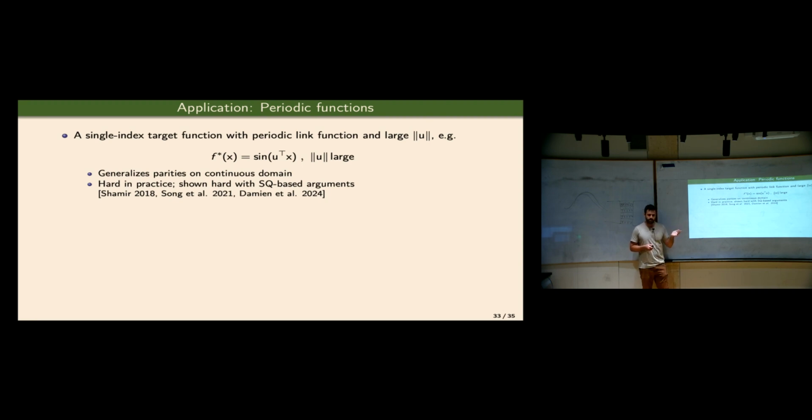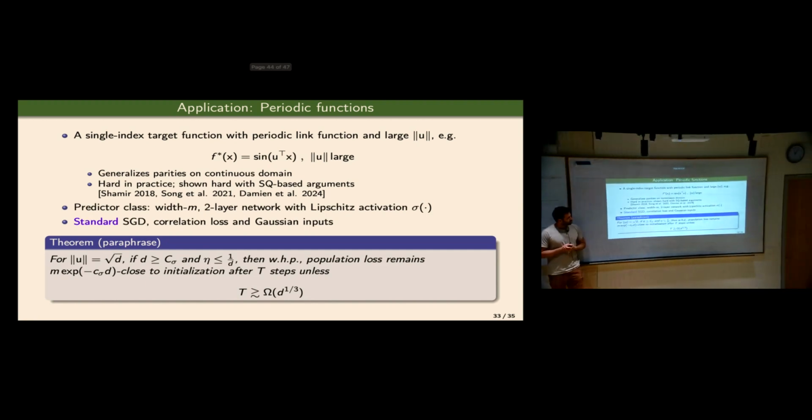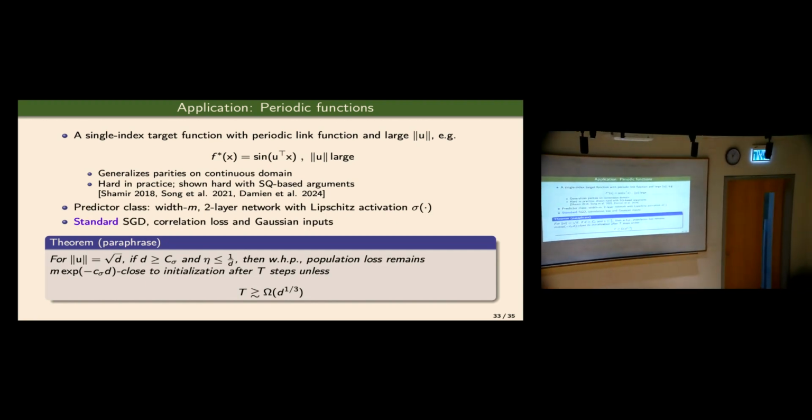If you receive noisy labels, then just like in parities, it's cryptographically hard. If there's no noise, then there are algorithms that can solve this efficiently, but they're very convoluted. They're like continuous analogs of Gaussian elimination, and it's kind of a mess. No practical method can solve these, and the SQ dimension is very large, etc. So we have a lot of evidence that these are hard, but we actually give the first rigorous lower bound for SGD in these cases.